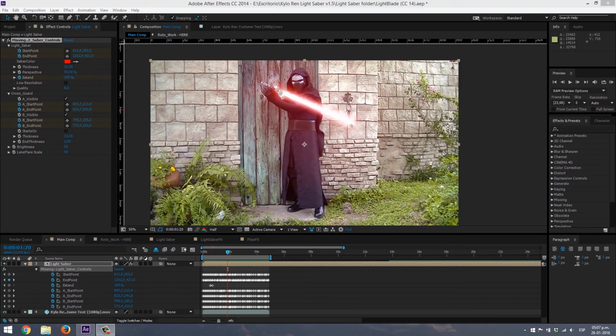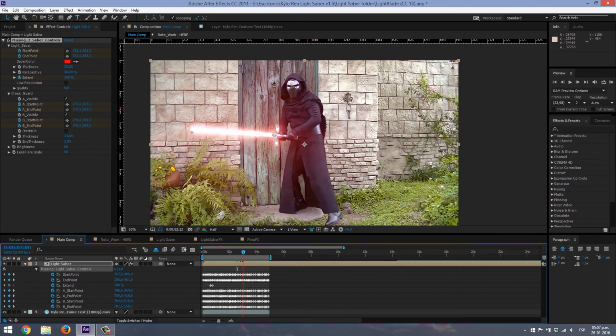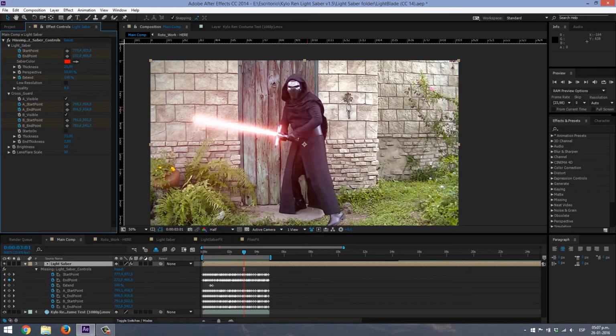Alright, what if you think that this lightsaber is not bright enough for you? You can change the brightness here. Let's put it at 80. Brighter. The lightsaber has some lens flare in the ending point and in the starting point. You can change the scale here